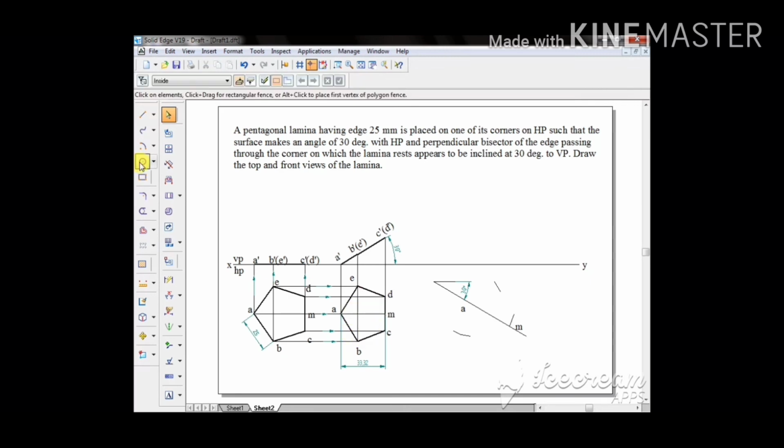So I'm going to delete both the lines here. Go for arc by center point, click on M. What was the radius? It was 28.86. So I'll draw the arc that should intersect. Again it is radius 28.86. So draw the arc. I'll use extend to next to connect these 2 arcs here.